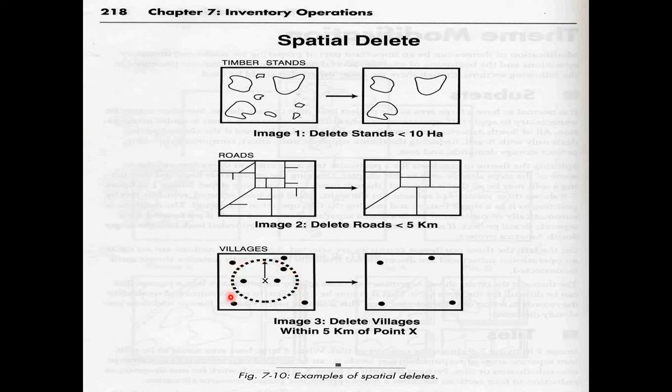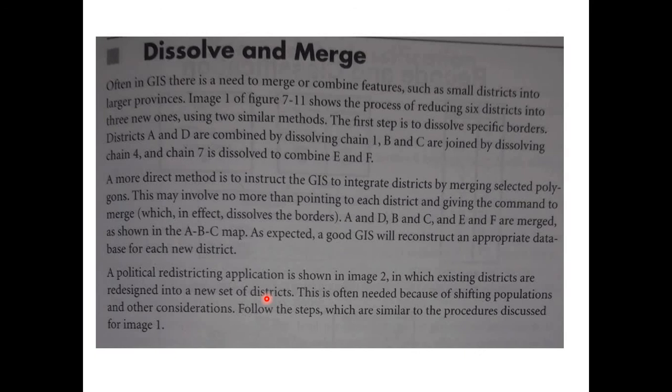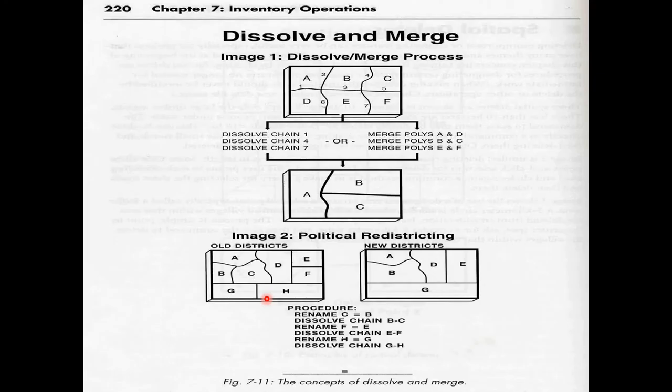For example, in this last example, here we have a circle, and all the points within the circle will be deleted. So this spatial delete can also be performed using a rectangle, using a radius circle, or any irregular polygon shape. You can also dissolve the data, you can also merge the data, you can also perform the mosaic operation in GIS, ERDAS, or any language like R. Here is a dissolve command, that if we have A feature and D feature, we can dissolve these two features. We have similarly B and C, we can dissolve these two features, we can merge these two features.